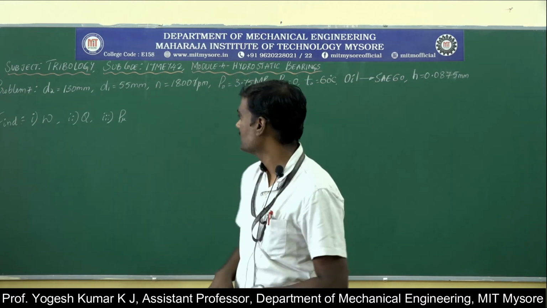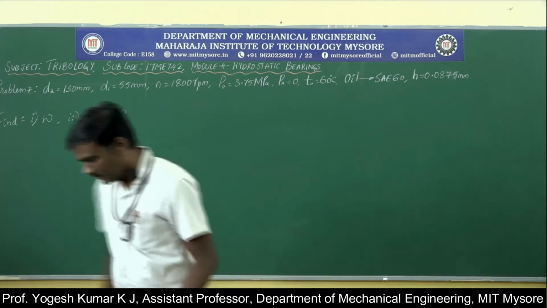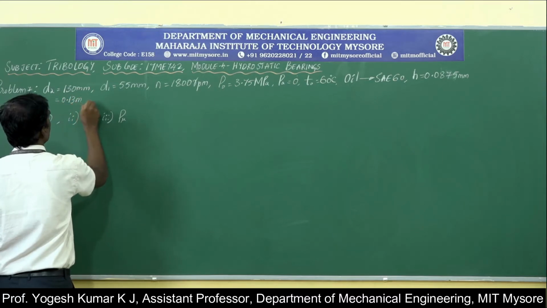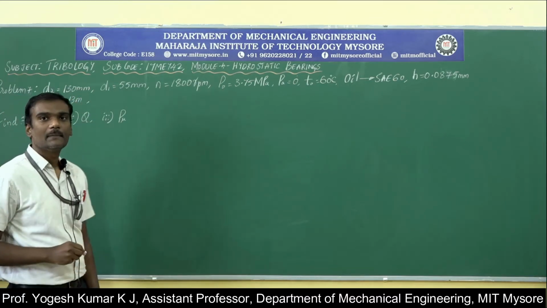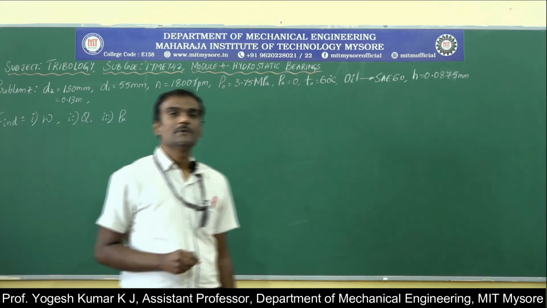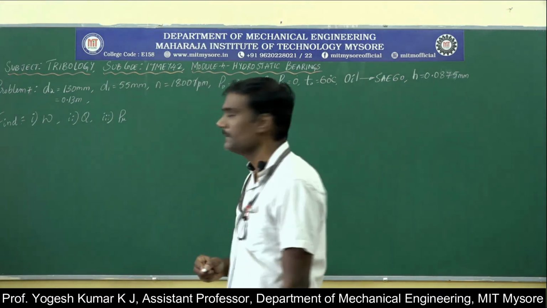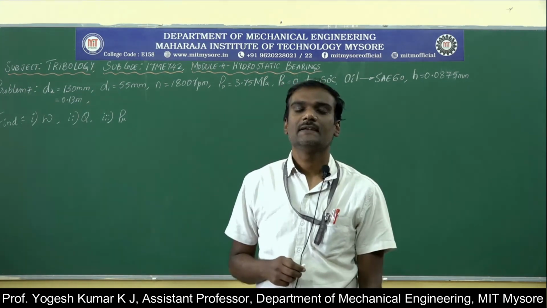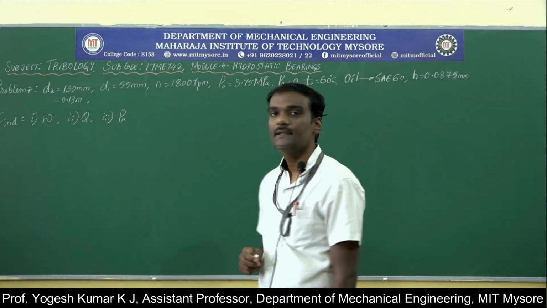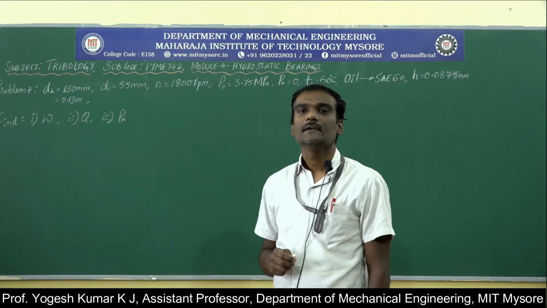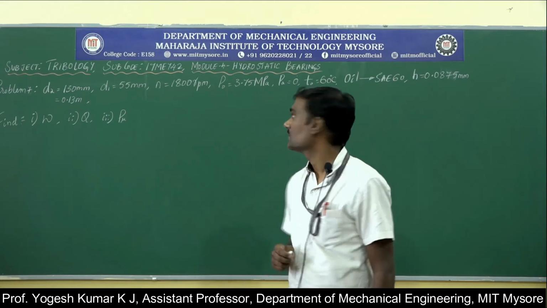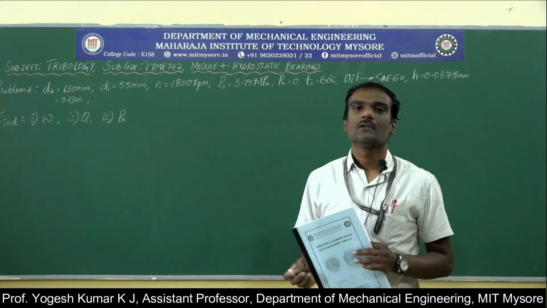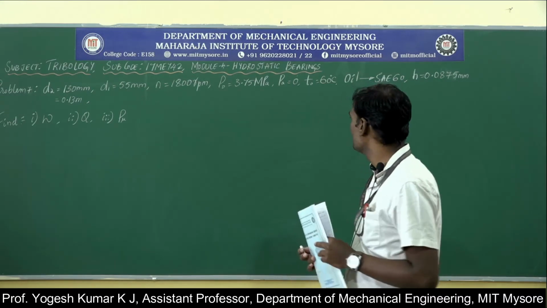Diameter of the shaft 130 mm, which can be written as 0.13 meters, diameter of pocket is 55 mm, shaft speed is 1800 rpm, inlet supply pressure is 3.75 megapascal, external pressure equals 0,